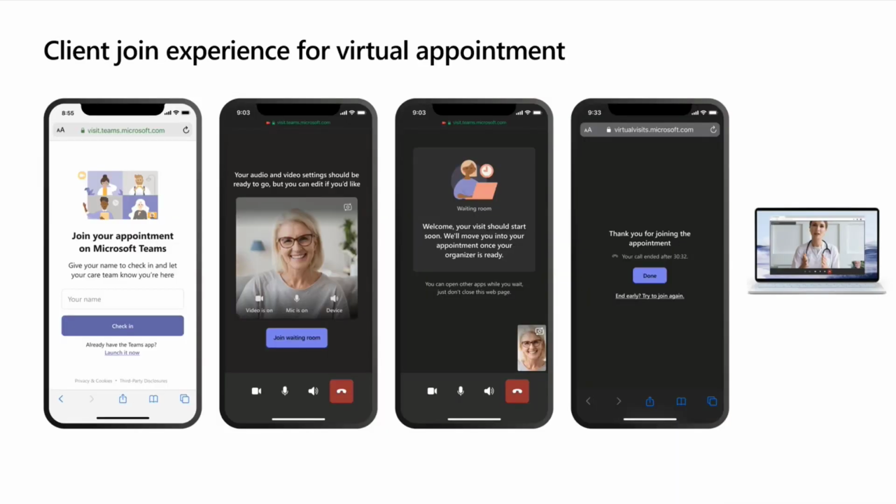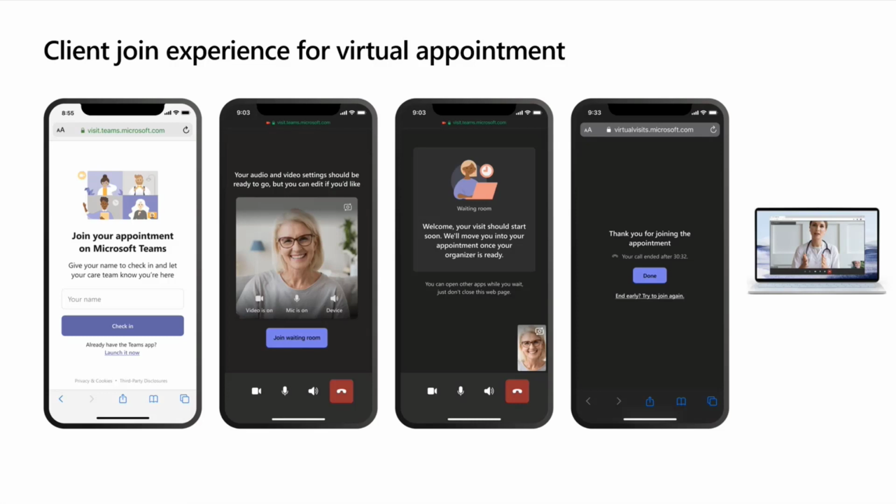When you click on that new link that we return, these folks hit this browser join link, so they don't need to have the Teams client installed on their phone or desktop. We have a slightly different onboarding where audio and video are on by default. We've gotten a lot of feedback from customers and partners that sometimes these B2C users have trouble getting their audio and video working. And this helps streamline that a little bit.